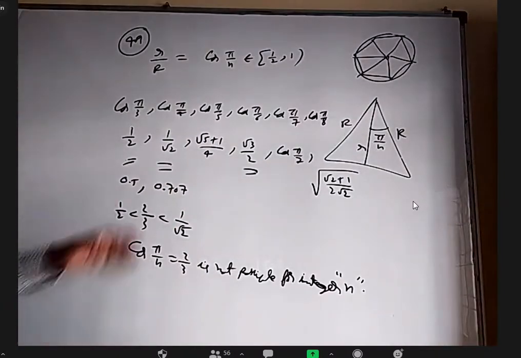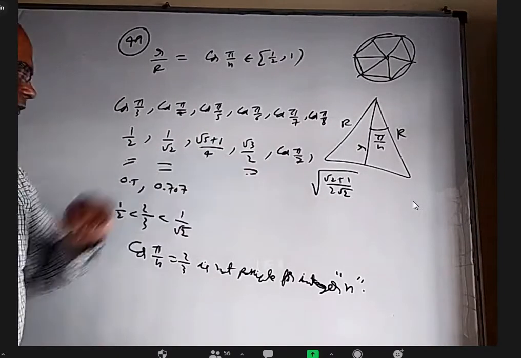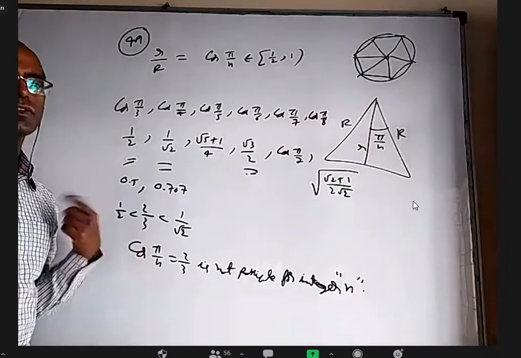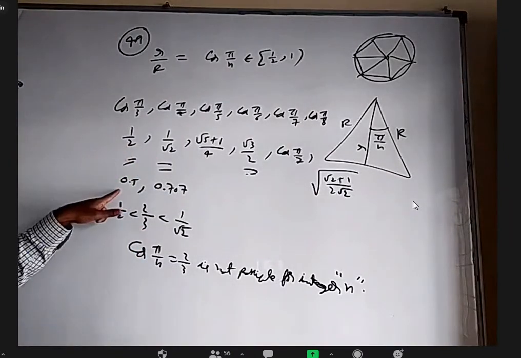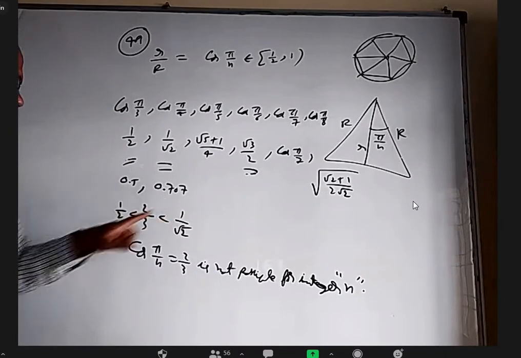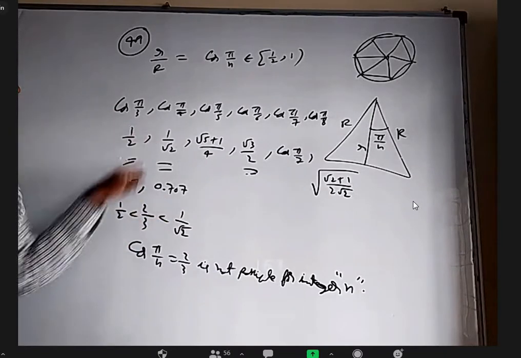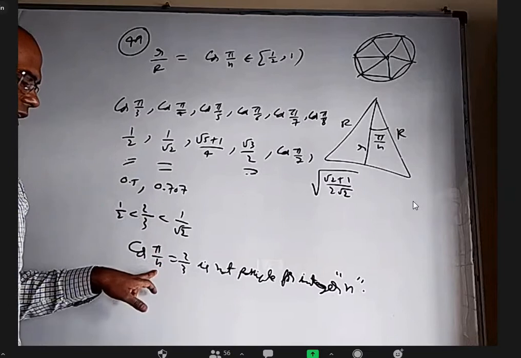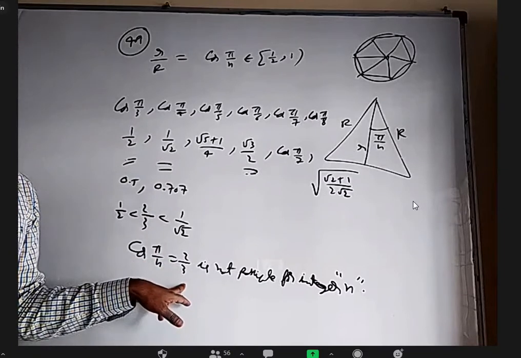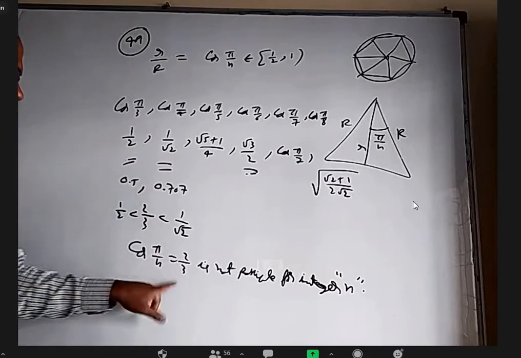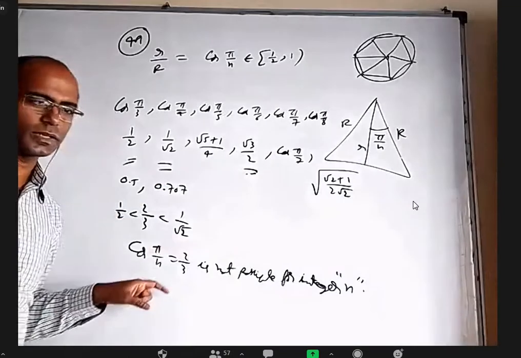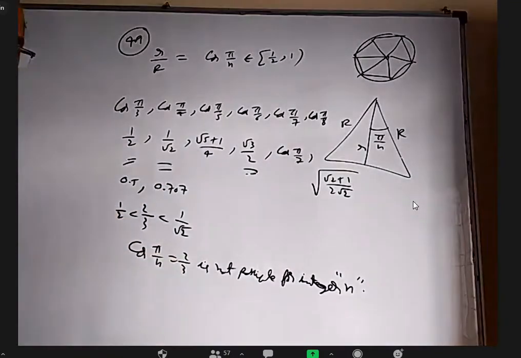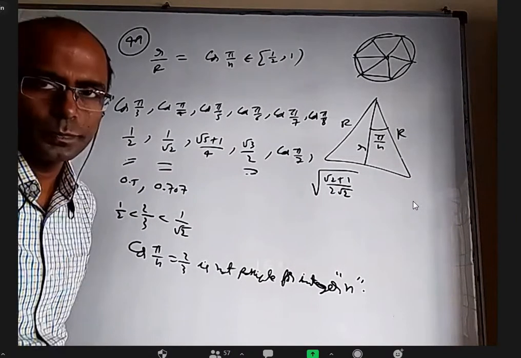So if we look at the options, this is there, this is there, this is there. But there is one option, 2 by 3, which is not possible, because 1 by 2 is 0.5 for the triangle, and for the square it is 0.707. 2 by 3 is between these two, and for an integer n the answer cannot be 2 by 3. When n is 3, this is the answer; when n is 4, this is the answer. 2 by 3 would only come when n is between 3 and 4, and between 3 and 4 there is no integer n. That's why the answer is D, not possible.